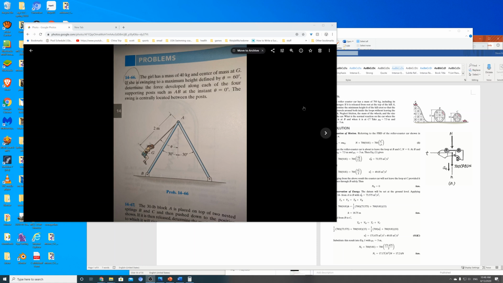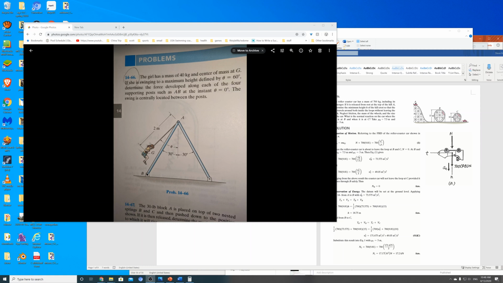Okay, I'm going to take a look at problem 1466. This is a girl with a certain mass, 40 kilogram mass, swinging on a swing set. It gives you some information here on the maximum height, so you can figure out the maximum height from this angle that's defined. As the swing is moving along its path, we want to find out how much force is acting down on